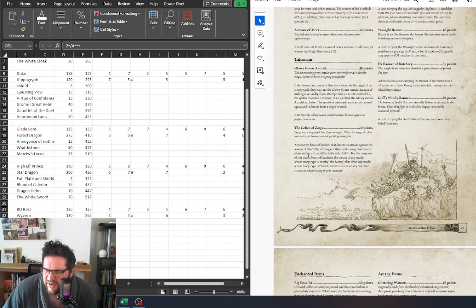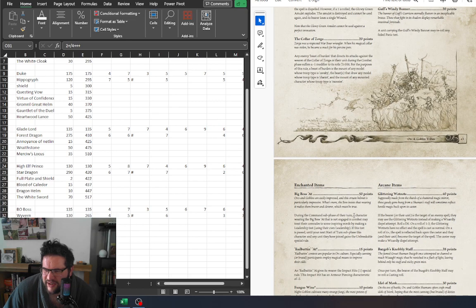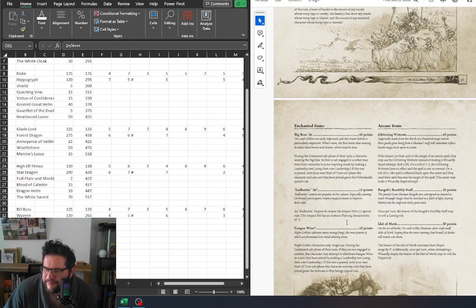That's quite good actually, because monsters aren't really going to be hitting him. Yeah, they're all going to be hitting him on... I think that the Star Dragon's the monster with the best weapon skill, so they're going to be hitting on 5s. I mean, I think that's pretty good. So that makes him pretty good at